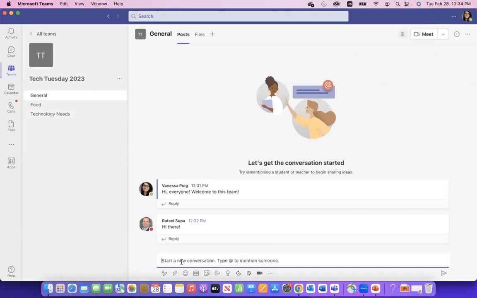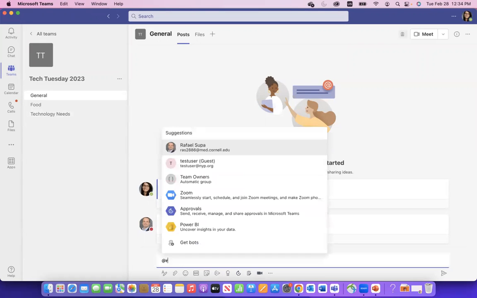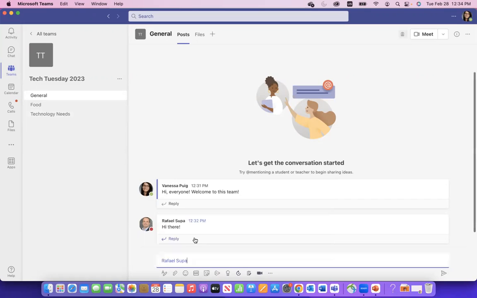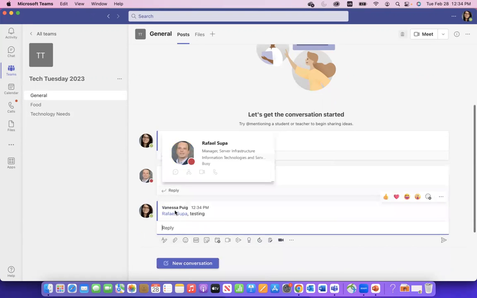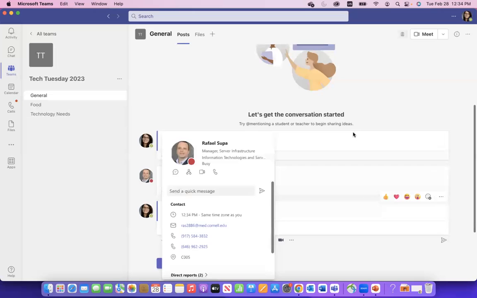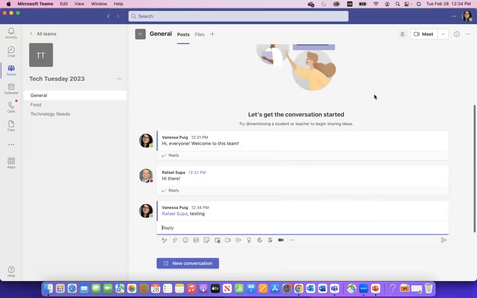Right now we only have Raphael in here, but if there were several people in here and I wanted to pinpoint Raphael specifically, I could use the @ symbol and start typing his name. You'll notice that his name is highlighted. So he would get a notification that I am trying to reach out to him specifically, and he would realize, oh, Vanessa is trying to reach me, and when I have a moment, I can answer her.